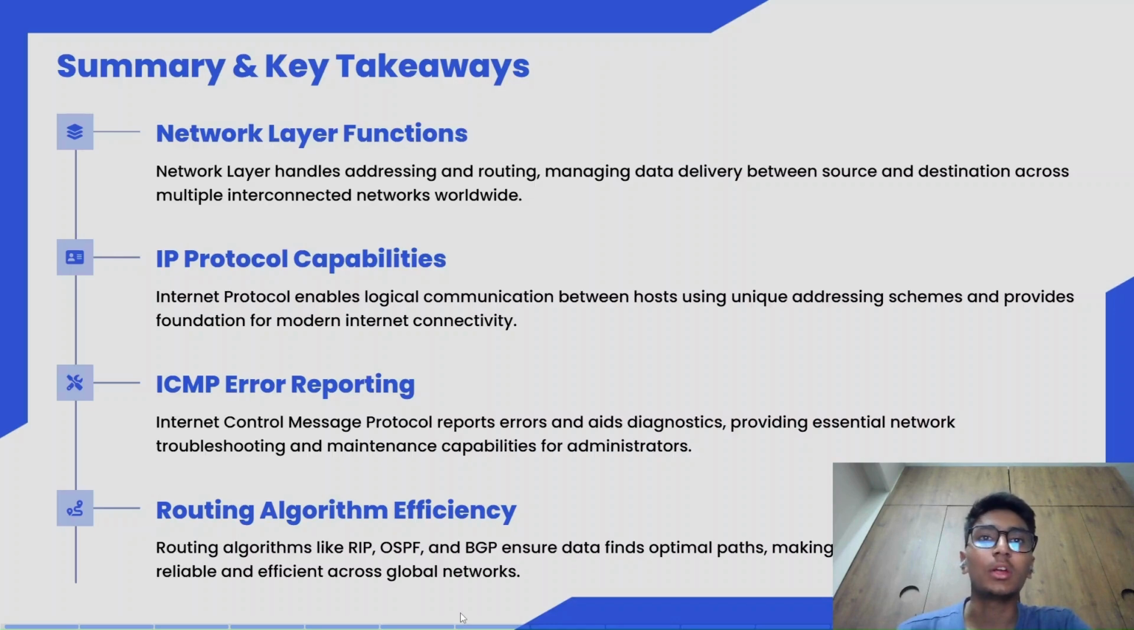ICMP error reporting: the Internet Control Message Protocol reports errors and aids diagnostics like ping, providing essential network troubleshooting capabilities. Routing algorithm efficiency: routing algorithms like RIP, OSPF, and BGP ensure data finds optimal paths, making internet communication reliable and